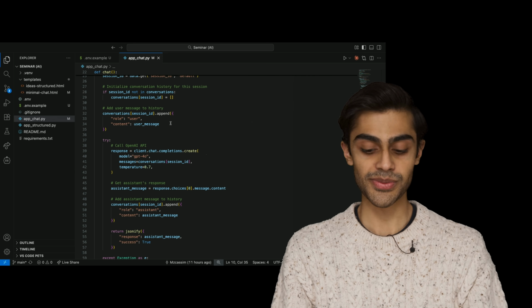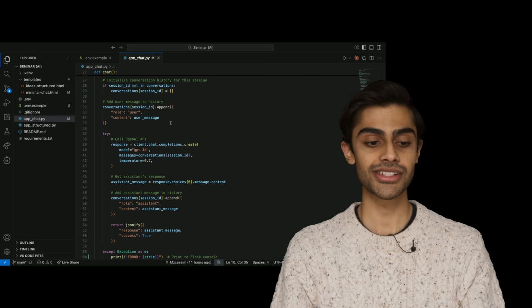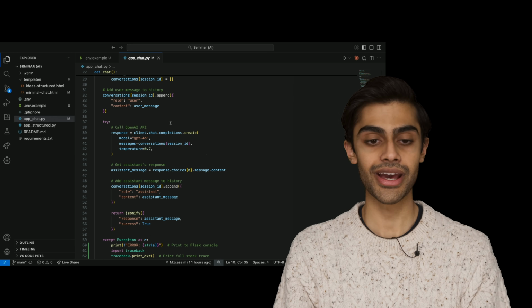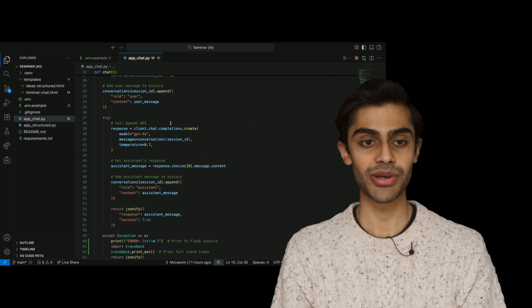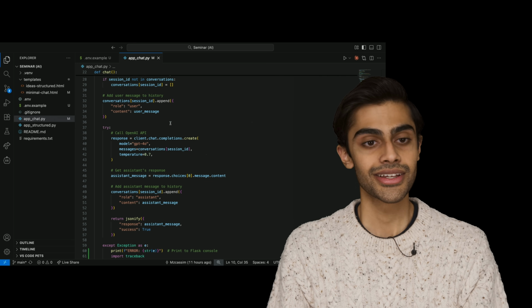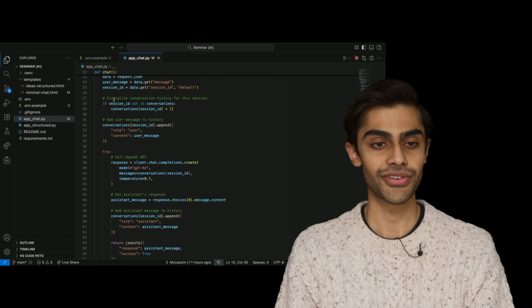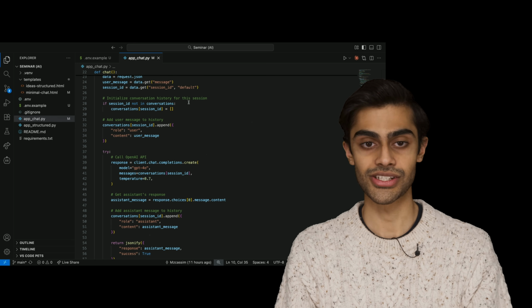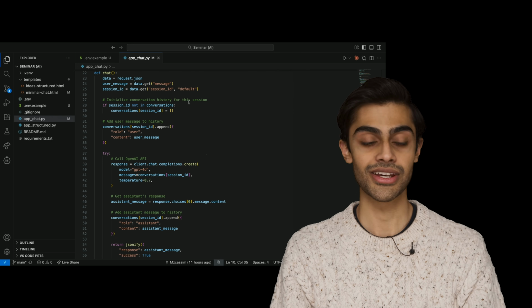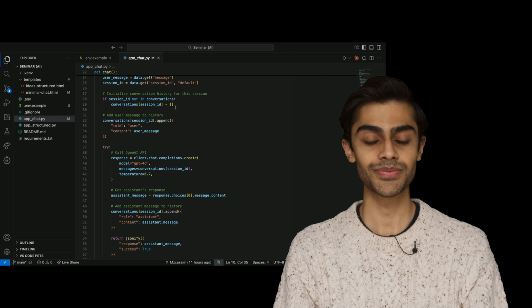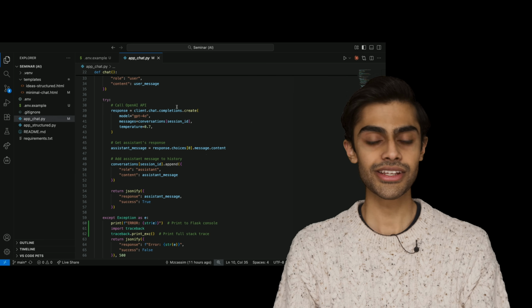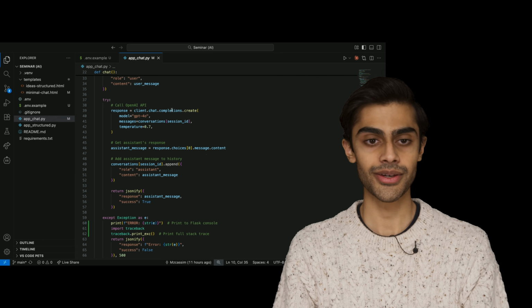I will not go over the specific syntax, as the syntax changes fairly often, but hopefully the idea of how we call the API and how we use this information and then post it to the front end will make sense. So here we have, firstly, initializing conversation history for this session. And we do this so that we can remember previous messages from the conversation with the chatbot. We add the user message to history. And then here we call the OpenAI API.